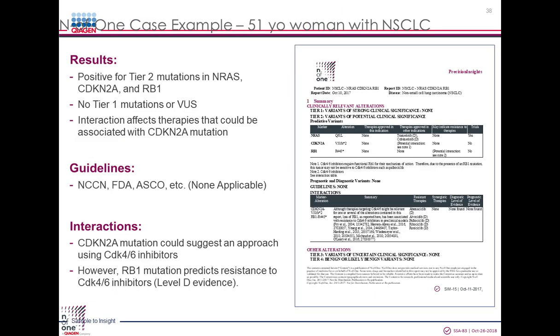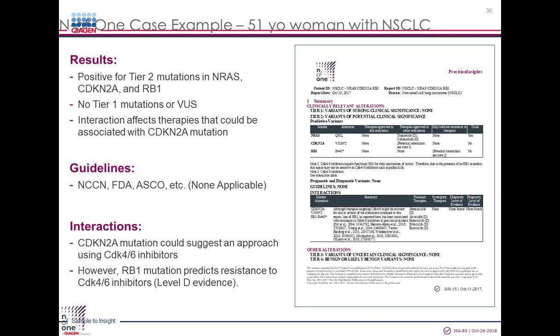So I'd like to give a couple of examples of what the reports can show and what they actually look like. And this first example is a case of a 51-year-old woman with non-small cell lung cancer. And as you can see on the report, it's divided into tiers, and we have tier 1, tier 2. In this case, there were no tier 1 mutations and there were no variants of unknown significance. The tier 1 mutations would be mutations with strong clinical significance, therapies that are approved by the FDA for that alteration. There were none of those in this case, but there were 3 tier 2 alterations in NRAS, CDKN2A, and